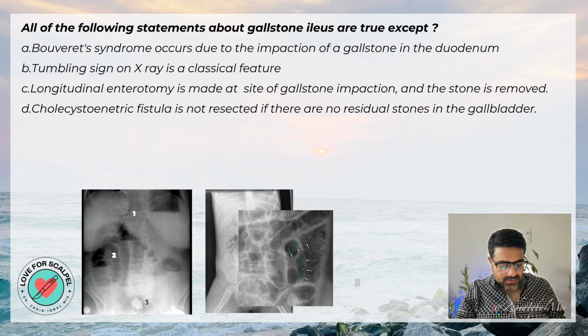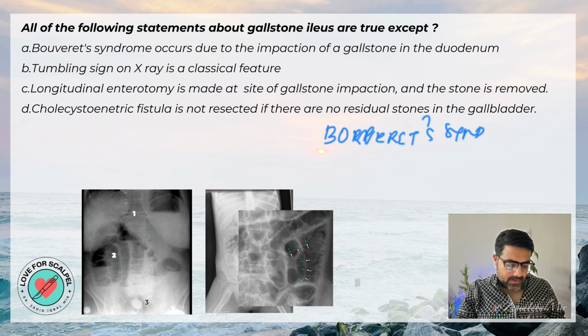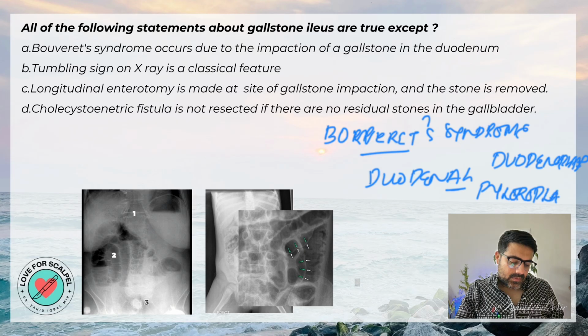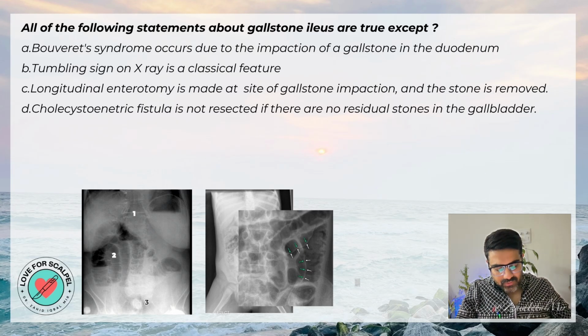Then one more important term here is Bouveret syndrome. Bouveret syndrome is basically duodenal obstruction because of this gallstone, usually at the bulb, and treatment here is duodenostomy or pyloroplasty. Now coming to the question: all of the following statements about gallstone ileus are true except